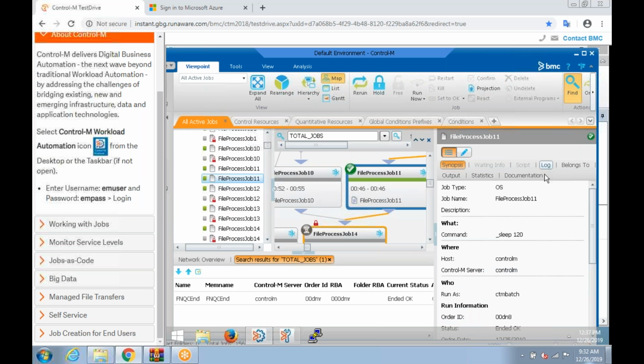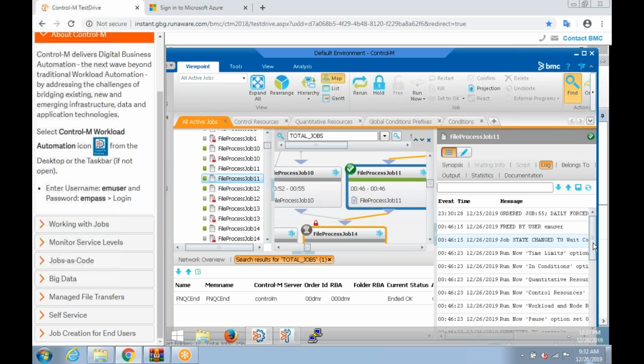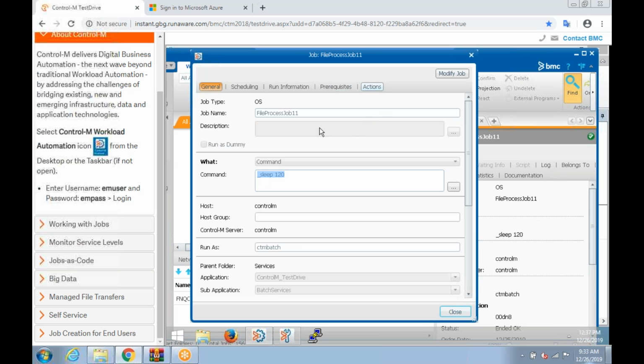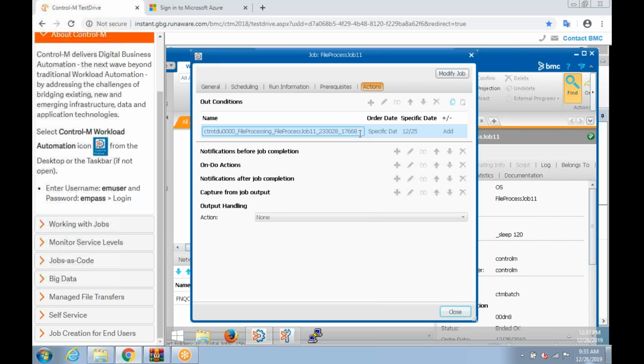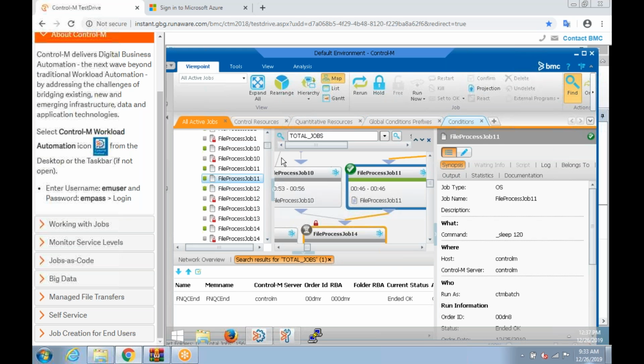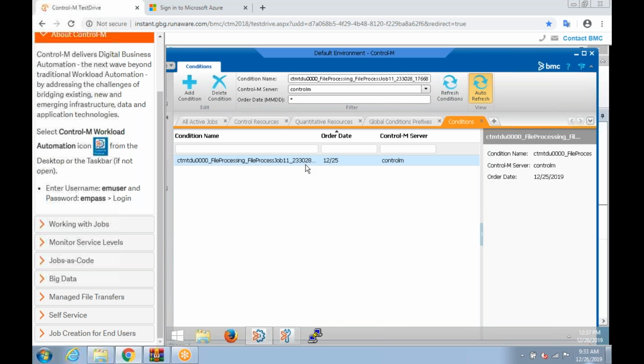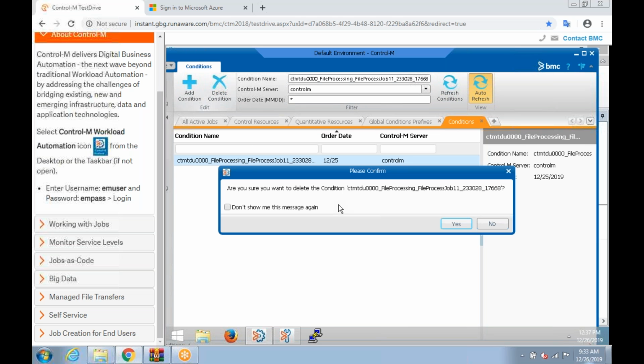But I want to set up the same job to be run at the scheduled time, correct? So this condition which I have inadvertently added, I can go and delete it. This condition which got added, I will find it in the condition table. I could go here. I've added the out condition of that job. I have copied it here. I refresh the condition. I found it, right? So the moment I delete this condition from here,